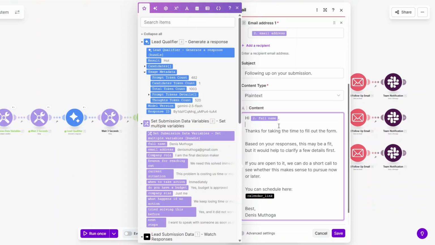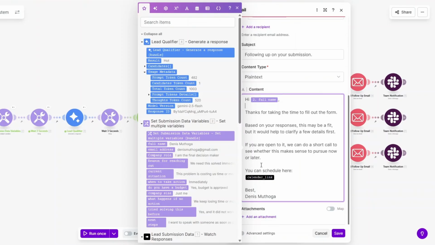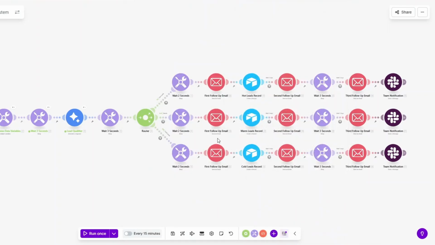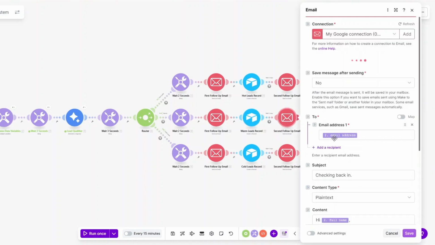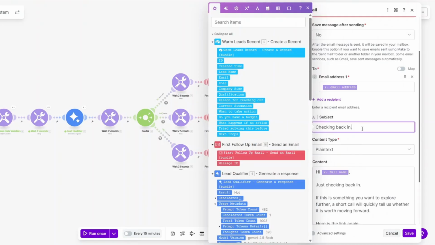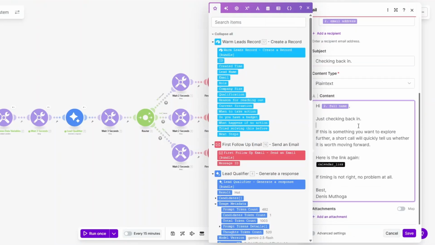If you're open to it, we can do a short call to see whether this makes sense to pursue now or later. And here we're linking our calendar link for them to schedule a call. Then we're going to add our leads form submission data and their qualification to a base in Airtable. Then we're going to wait 3 seconds to send them the second follow-up email with the subject line "check-in back in". Content type is going to be plain text and the body of the email is going to be hi